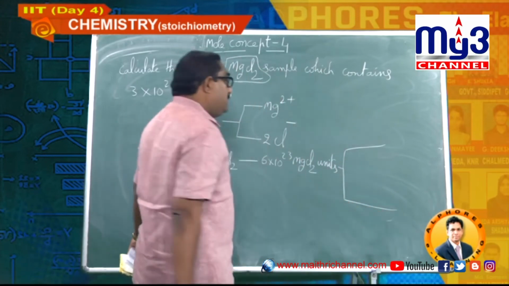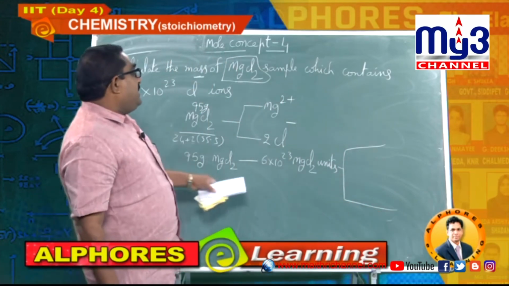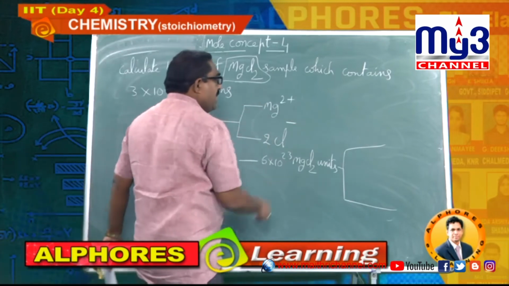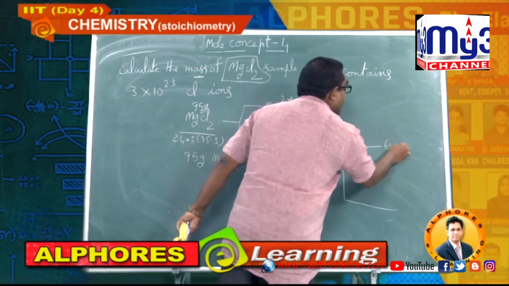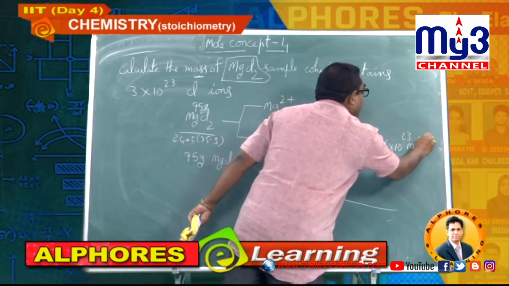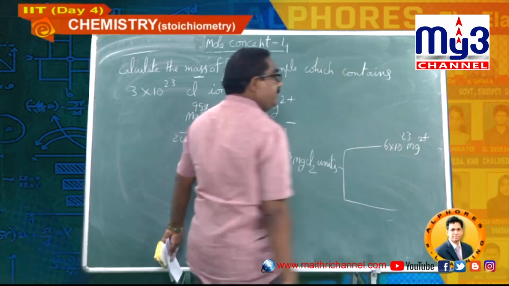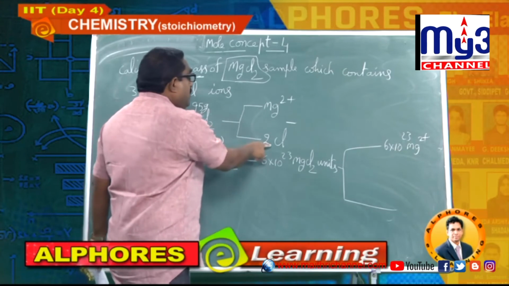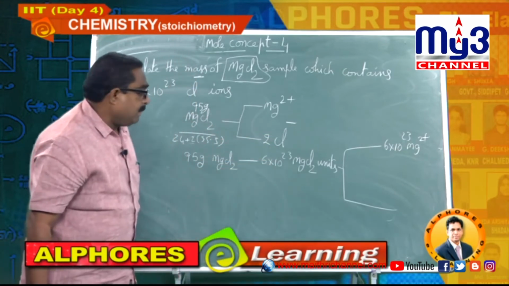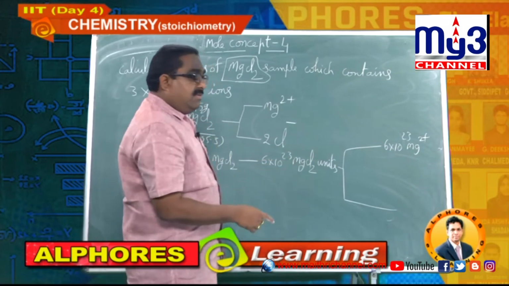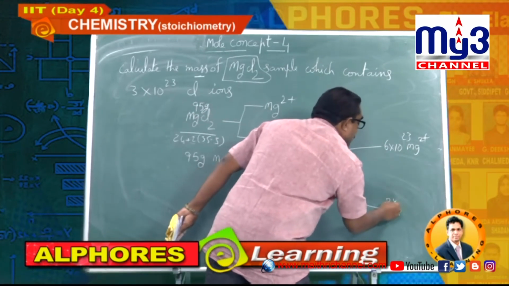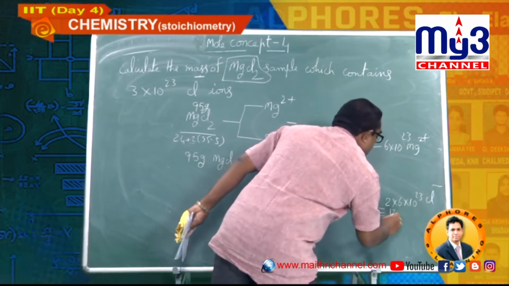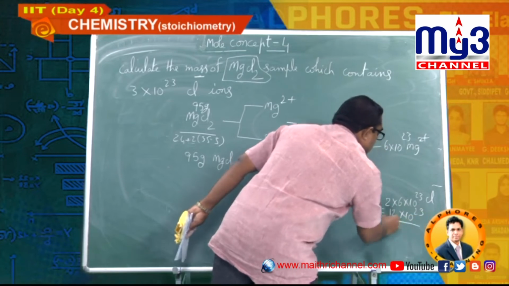You have already written that 1 MgCl2 gives 1 Mg2 plus and 2 Cl minus. 6 into 10 power 23 magnesium 2 plus ions, because 1 gives 1 and 1 MgCl2 gives 2 chloride ions. So 6 into 10 power 23 will give 2 into 6 into 10 power 23 chloride ions, that is 12 into 10 power 23